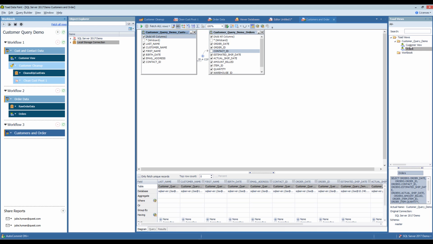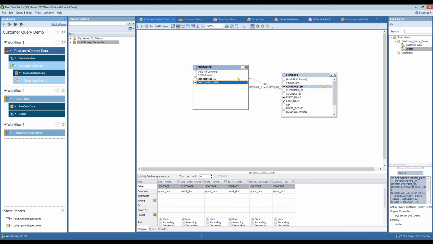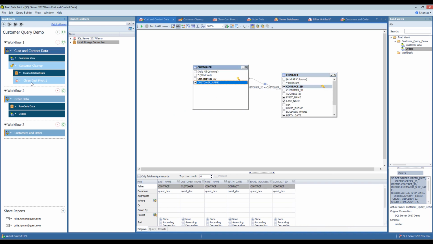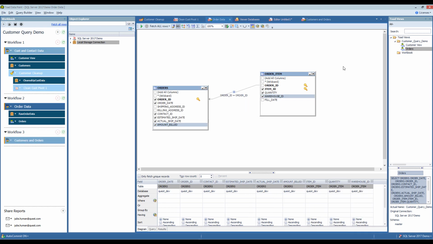Now, what made Toad views work here in this scenario is that both pieces of data, both customers and contacts and order data, were coming from the same data source. These are both being sourced, I can switch here, from SQL Server. So this is coming from my SQL Server system, and this one also is coming from my SQL Server system. So when all of the data sets that you're going to be combining are coming from the same source, that's really the best opportunity to use Toad views.